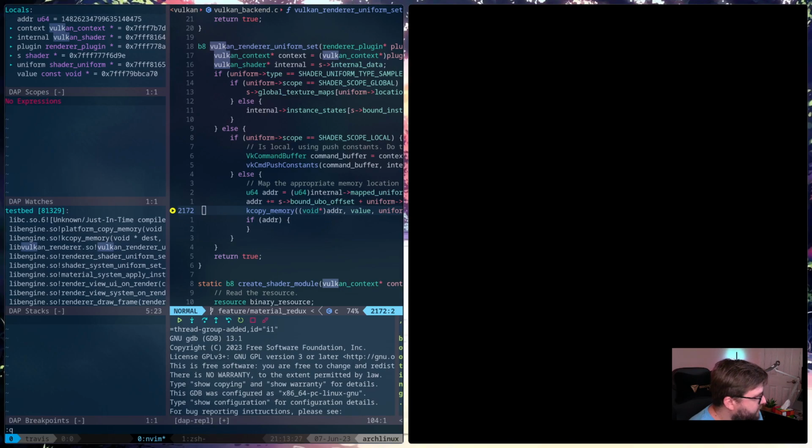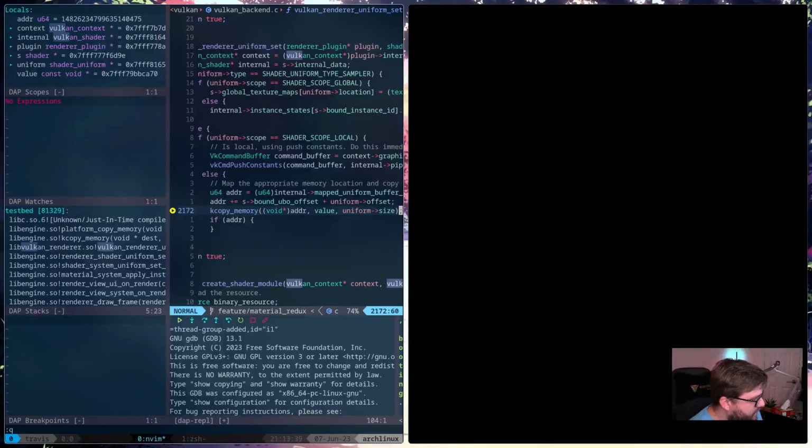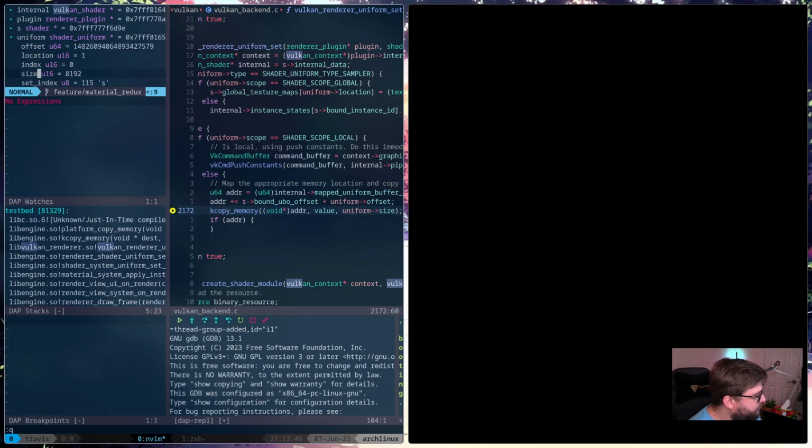Okay, so we have address, which does have a value. The value itself exists. Let's see, what else do we have here? Uniform size. What does uniform size have in it? Uniform size does exist.